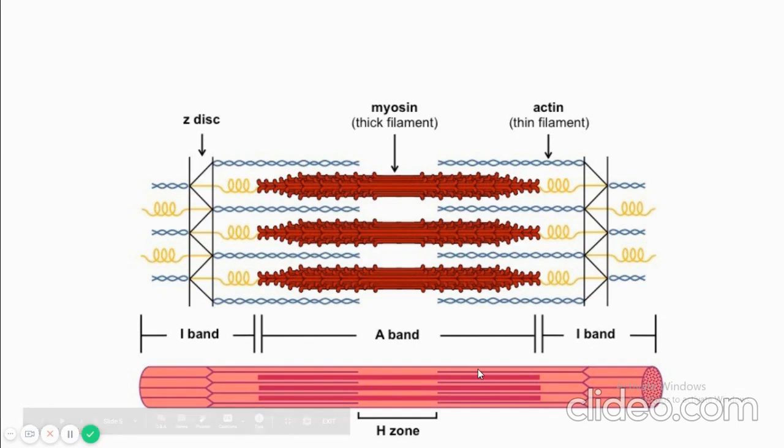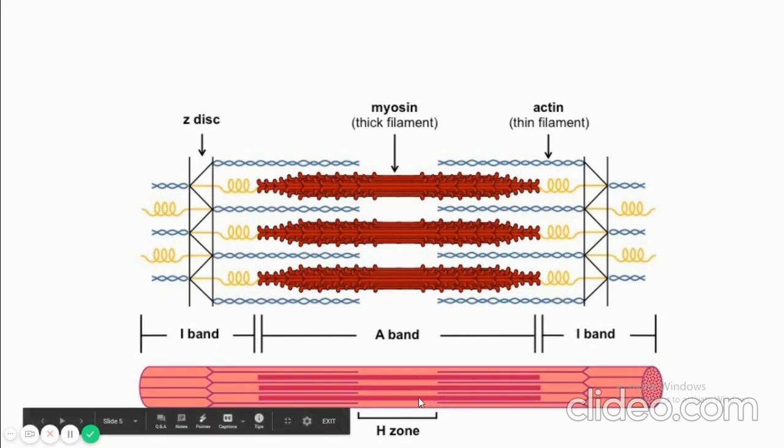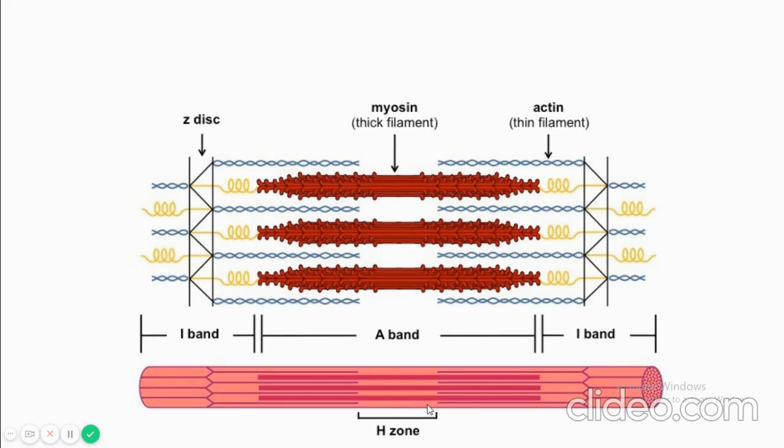The A band has a central lightly staining zone called the H zone, that contains only thick filament. The I band has only thin filament, the A band has thick and thin filament both, and the H zone has only thick filament. Moving forward,